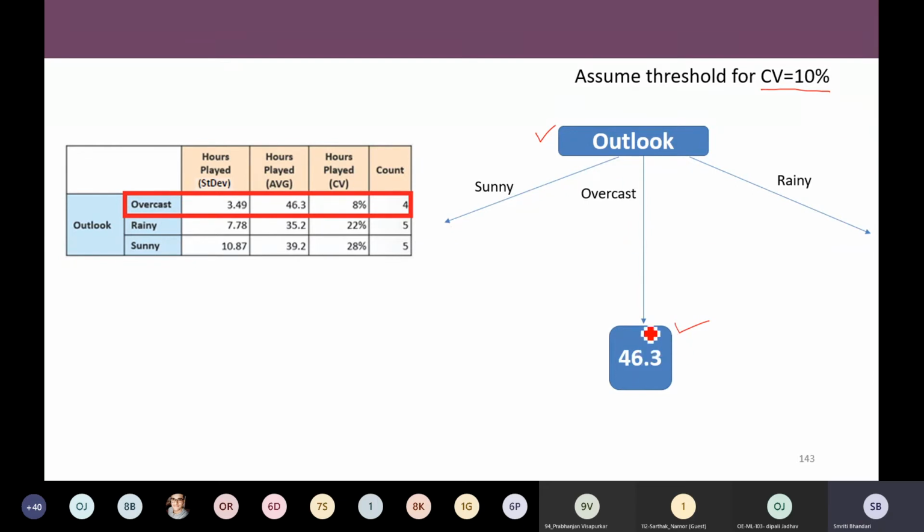So what are we storing in the leaf node? In the ID3 algorithm for classification, we had the class label, whether to play tennis, yes or no. But as this decision tree is meant for regression, we should have in the leaf node some value, which is the prediction. So what would be the value here in this leaf node? Whatever average we computed for overcast would be placed in this leaf node. Are you getting me?